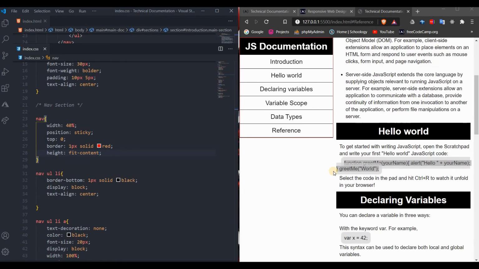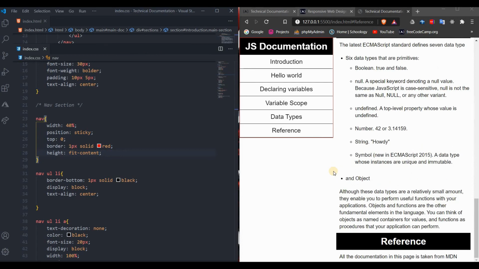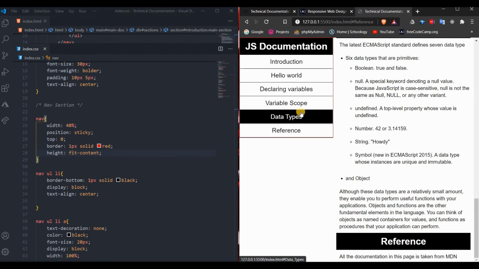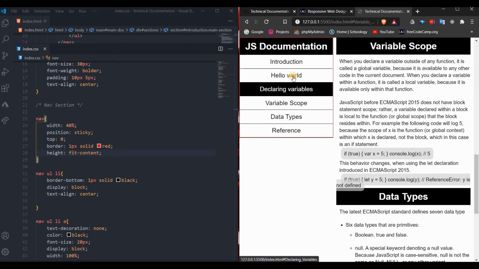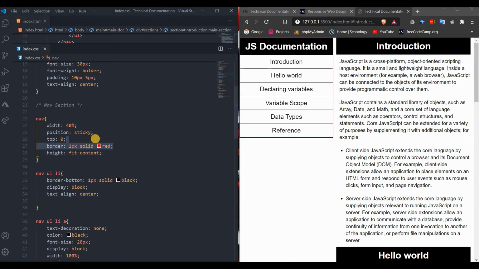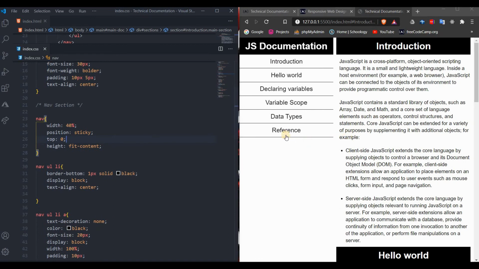And now when we scroll, boom, it stays to one place. And if I click reference, it's always there. I could find it and click data type, and click this and click that, and there we are. So we could go ahead and remove this. And boom. Now the only thing left to do is to set our,